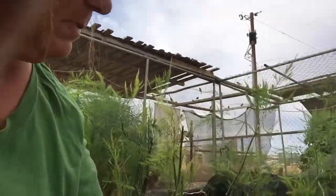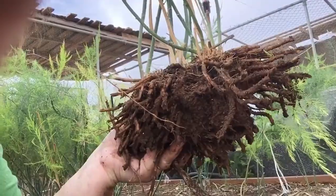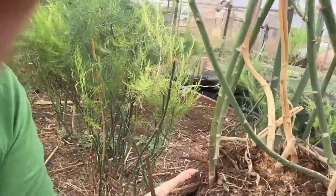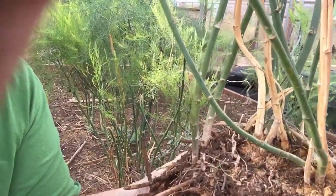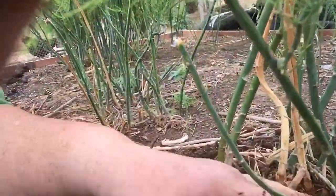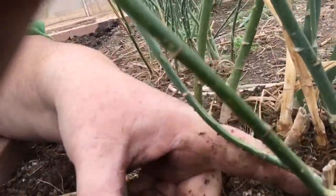I'm gonna get it up here, this is what you're gonna have. Now, as you can see, it looks like there are multiple plants coming out of this, which in reality there are. So what you want to do is you'll just take your shovel and just go where you can see the actual division